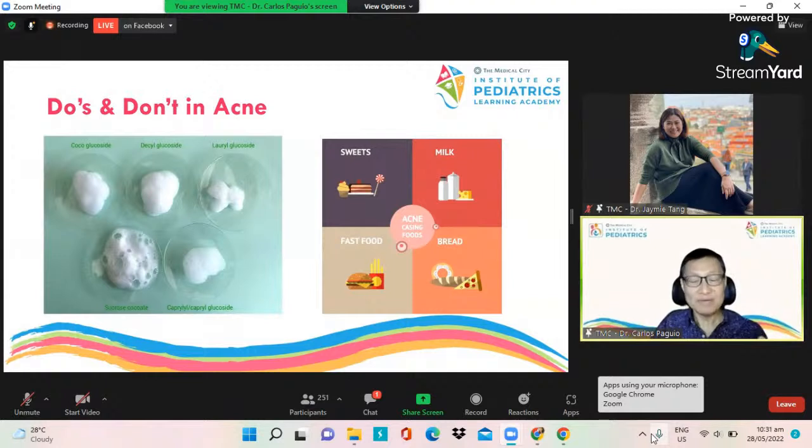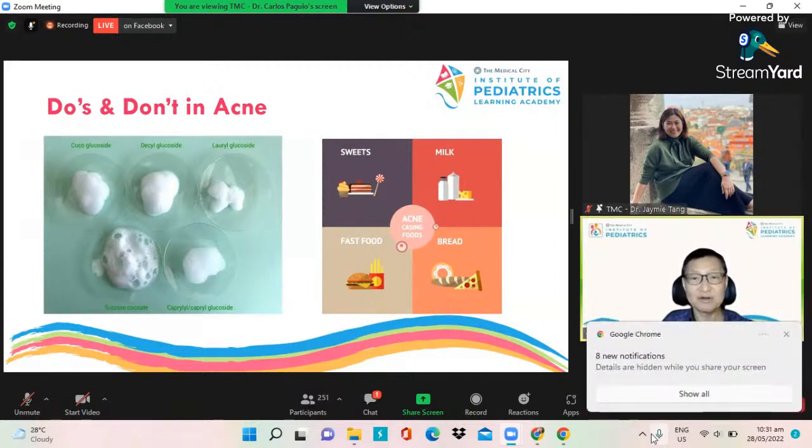Please do be gentle with your skin. When you wash gently, no rubbing, no scrubbing. I usually tell my patients, do not touch your skin. Huwag niyong tirisin ang pimples niyo. Huwag niyong itutungkod yung kamay niyo sa forehead niyo kapag nag-iisip. Do not scratch. Sometimes it's the hair. Please check if your hair is irritating your skin on the face. Diba?